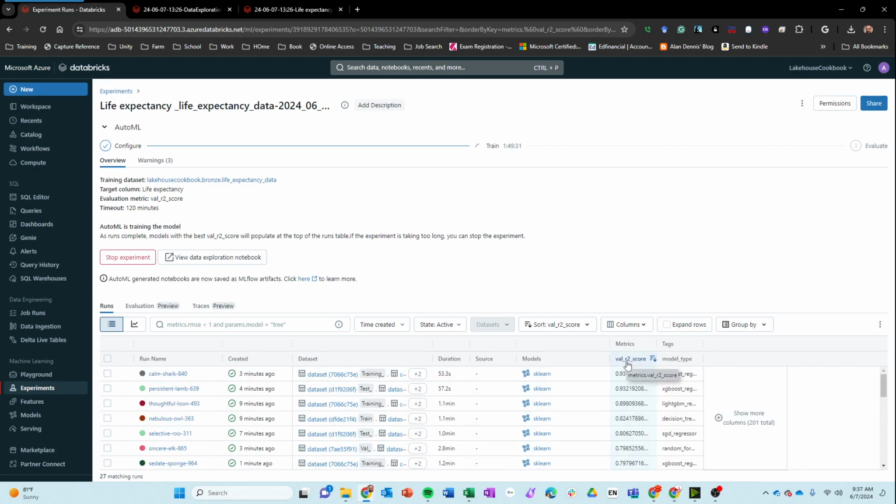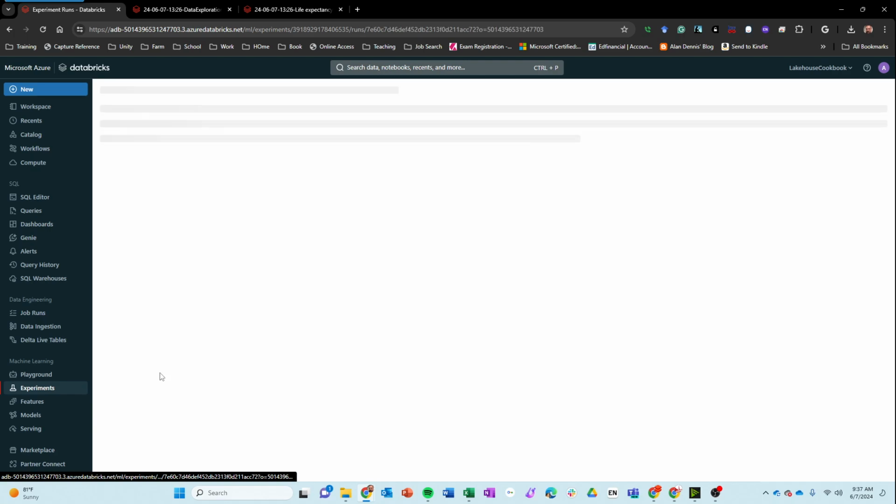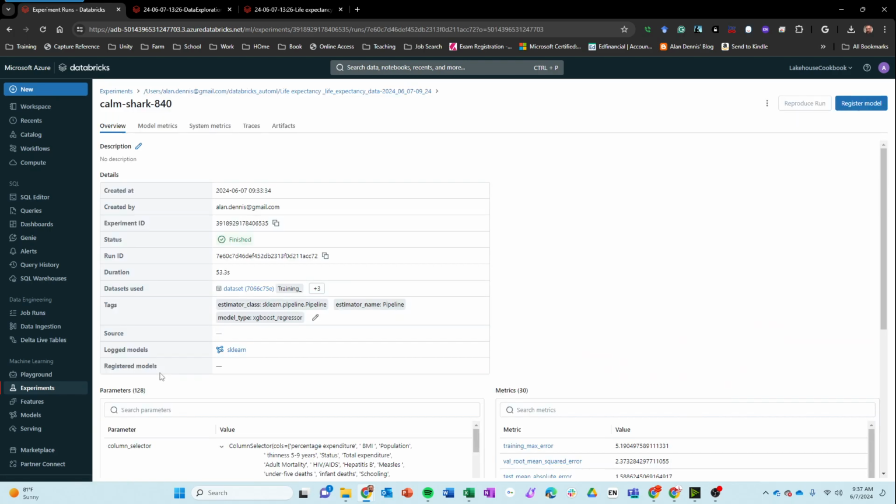And you can see that it's looking like about 0.93 is about as good as we're getting so far. So it shows you the various types of approaches it's using. So it's using an sklearn model, and you can drill into it, and it gives it a fun name. So this is a column shark, and those are just random words that are picked to make it not just be a series of numbers that you can remember, and maybe they're familiar and they stick in your head, right? Anyway,